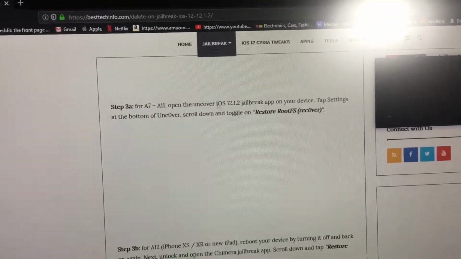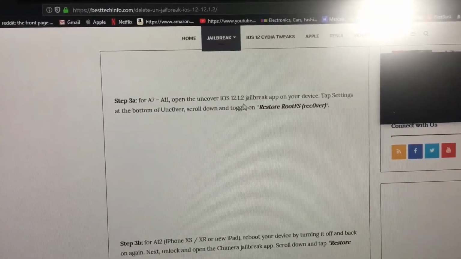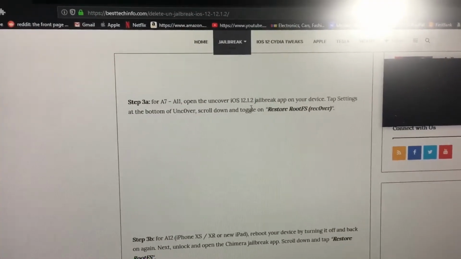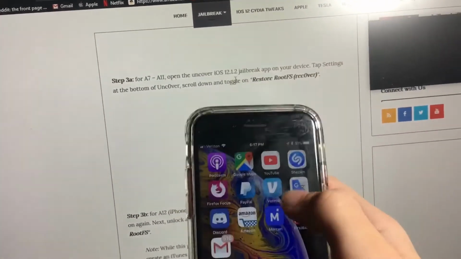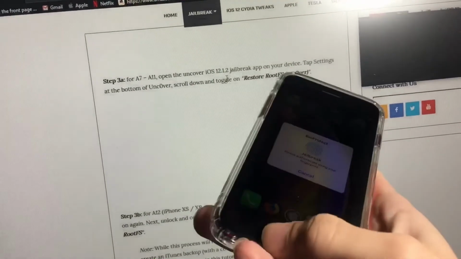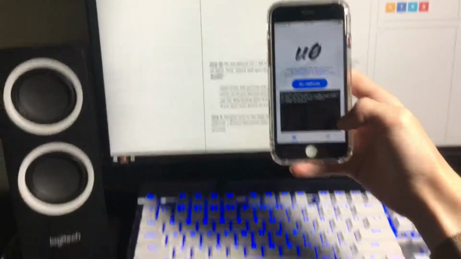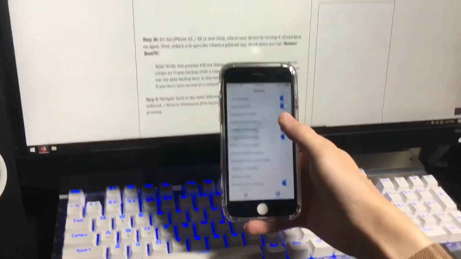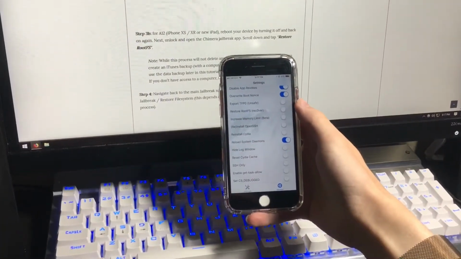Step 3A, okay, so open the unc0ver jailbreak app. Okay, let's do that. unc0ver. And then click on settings, right? And then go down to,